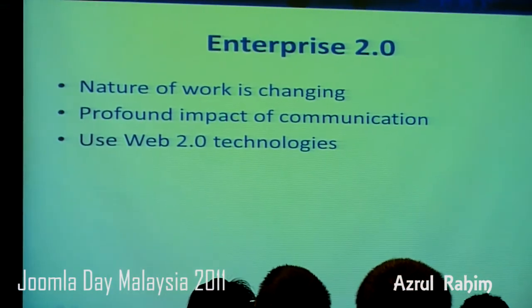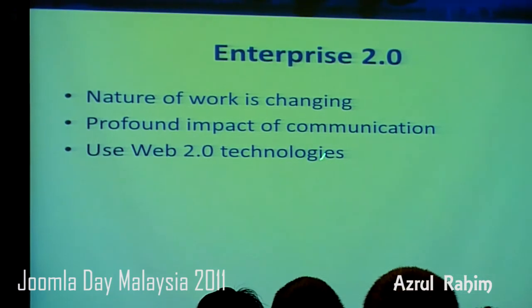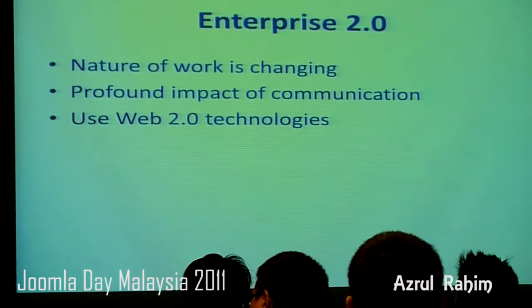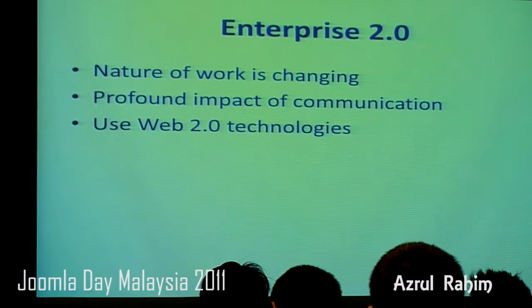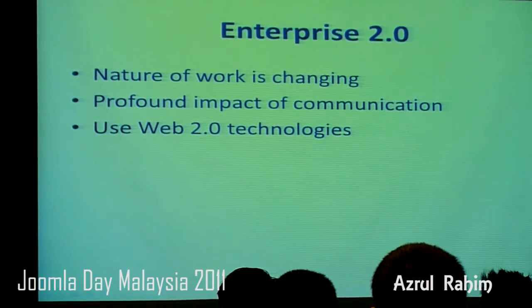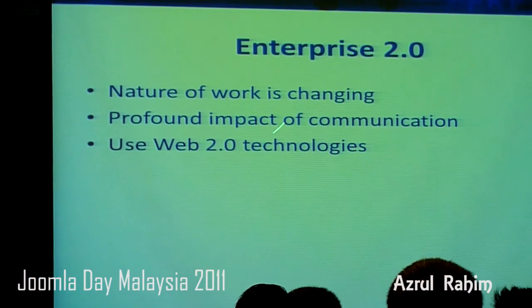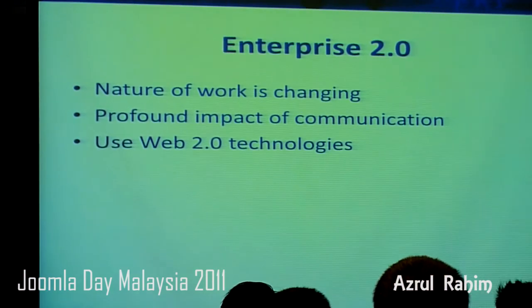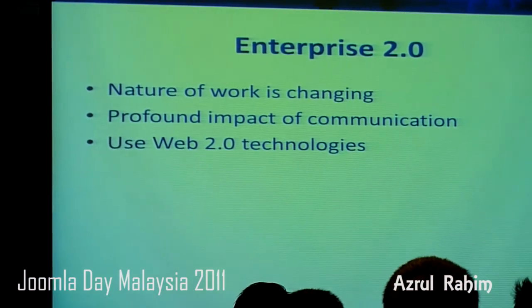So this Enterprise 2.0 is basically the nature of work changing, and the impact is because of communication, and it is becoming relevant because Web 2.0 technologies are coming of age and becoming very